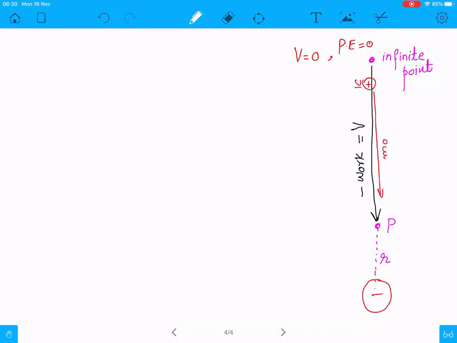So the charge moved is positive 1 coulomb and the work done will be electric potential. First of all, it's the case of attraction. Since it is attraction,